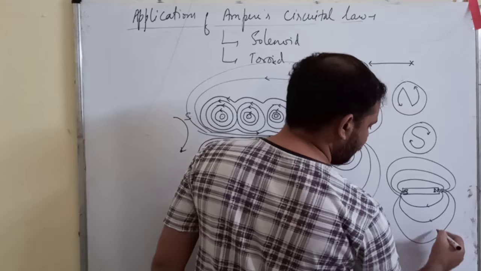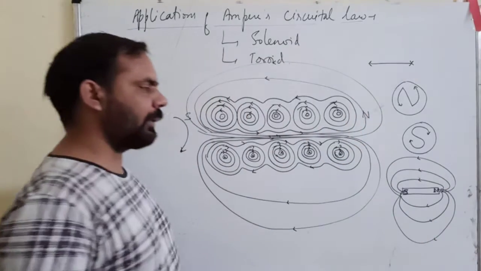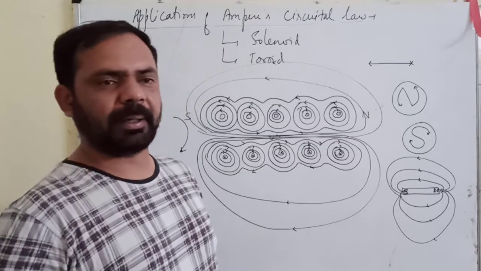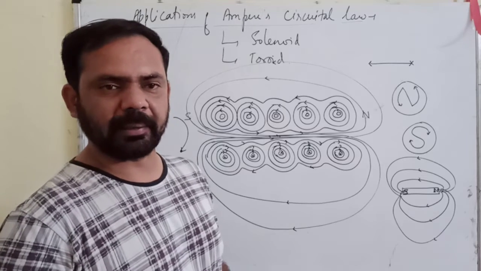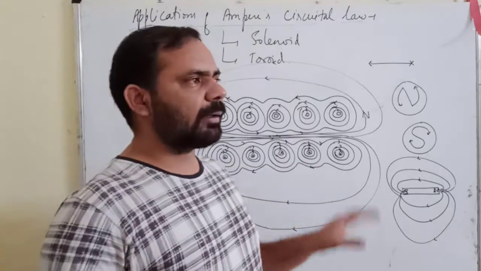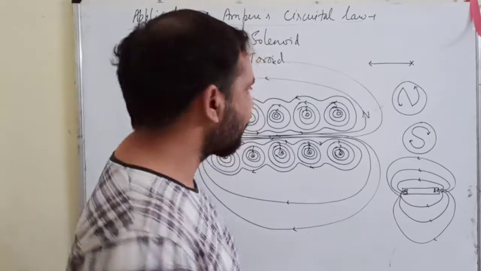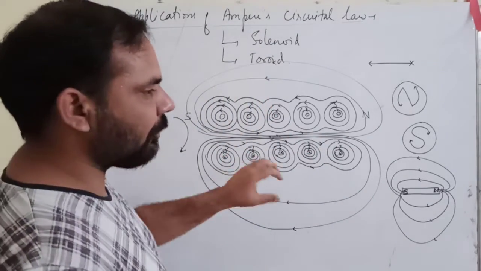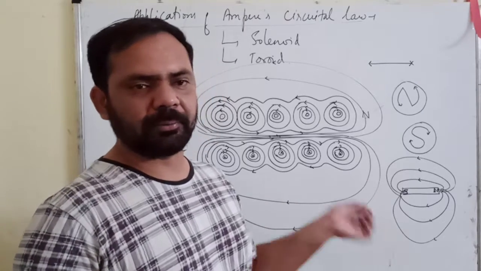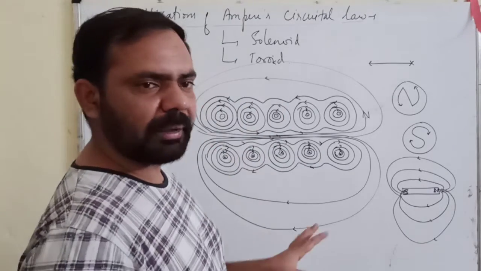Okay, this one, we get this type of field. Now this field very much resembles that same kind of field that is produced by a bar magnet. So what it finally means is that a current carrying solenoid behaves just like a bar magnet. Okay, this is the meaning, because when we draw the pattern of magnetic field, we get a magnetic field which is very similar to the magnetic field that is created by the bar magnet. So that is why we come to this conclusion.